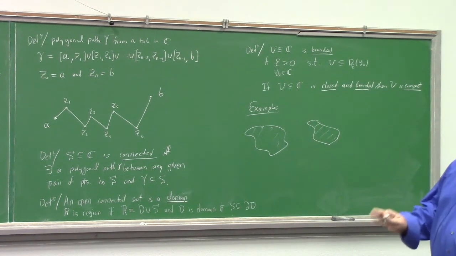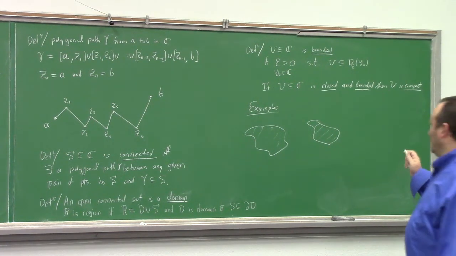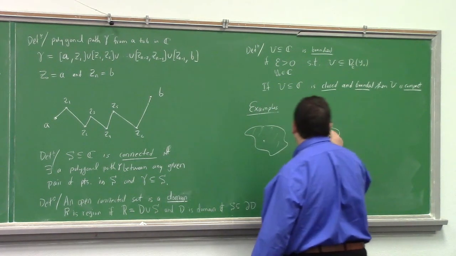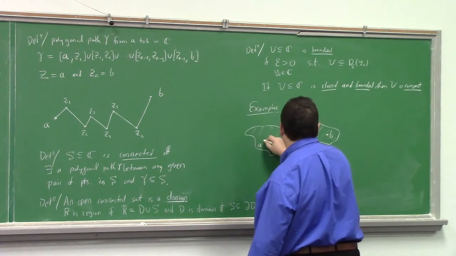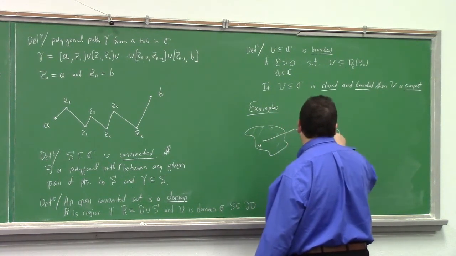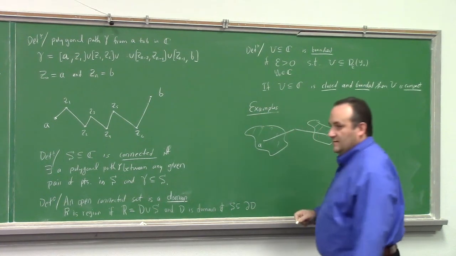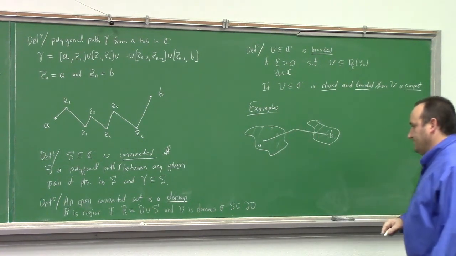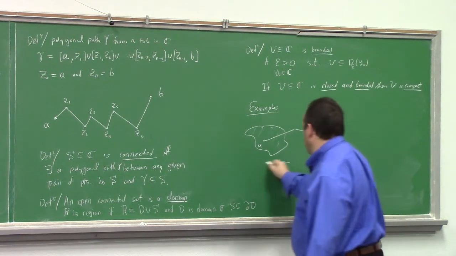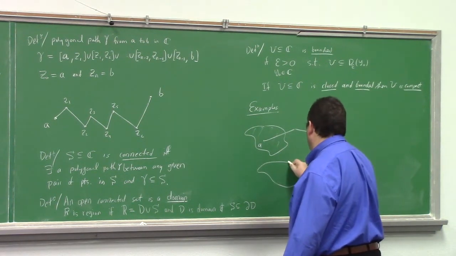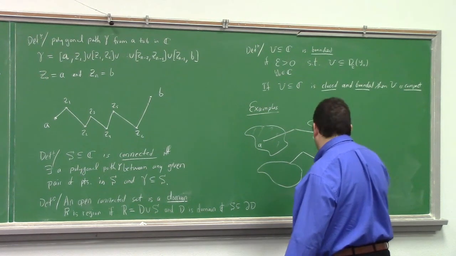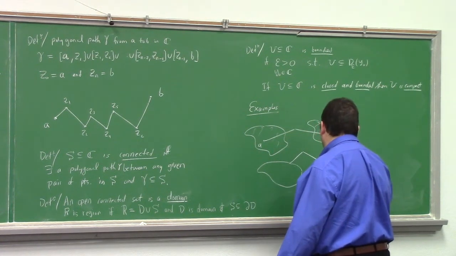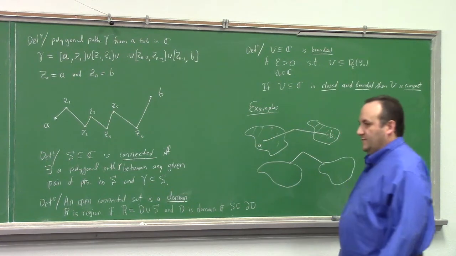See, because in order to take a polygonal path between this point and this point, what do I have to do? Yeah, I have to go outside the set, right? Not connected. On the other hand, if I had the set like this,